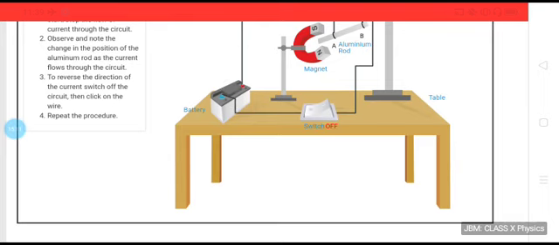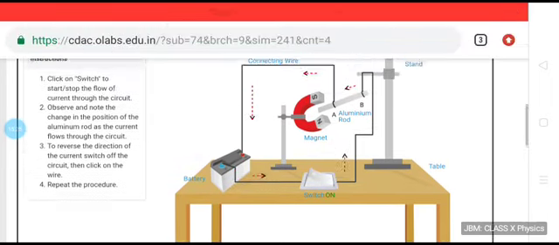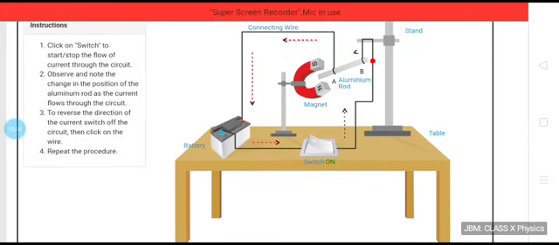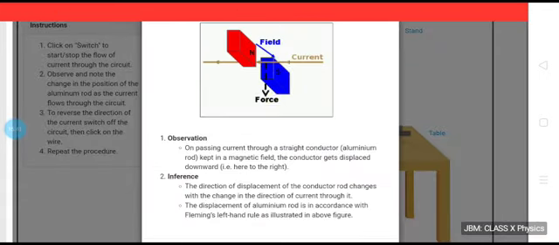As it was being said, when the direction of current is reversed, the rod should experience a force in the opposite direction. You can see that I have already changed the direction of current. Let us again switch it on. You can see the manner in which current is flowing through the circuit, and let us see how the rod gets displaced now. Obviously, again due to the interaction of the magnetic fields, the rod should get displaced, and now you can see how it is getting displaced.